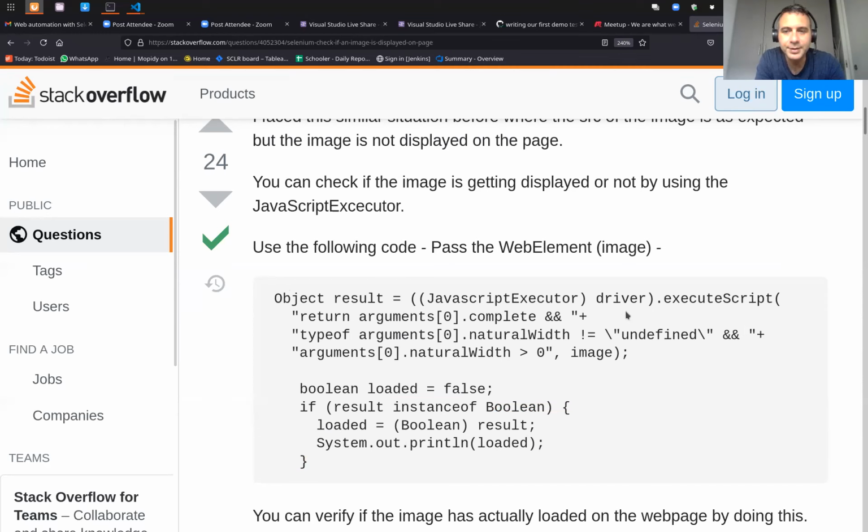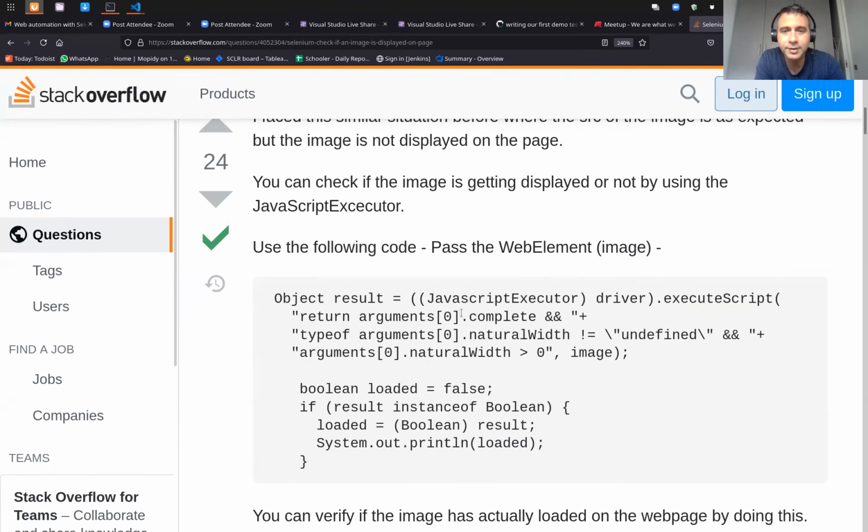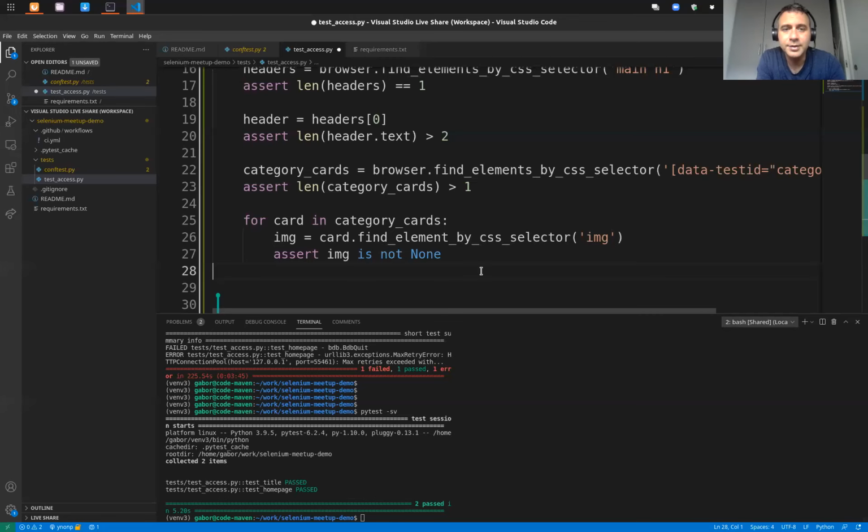How can I add that to our code? Just driver execute script, argument 0. Execute script. Okay. Do you want to see if we can get this to work in Python? Execute script.